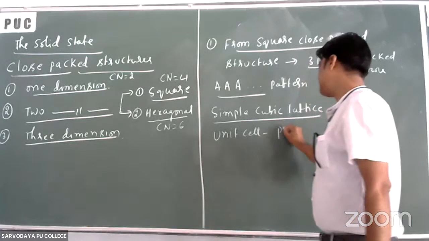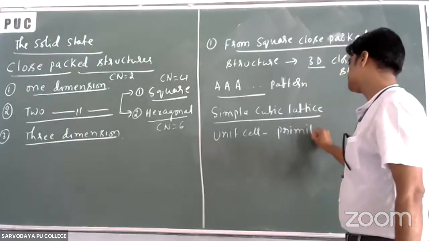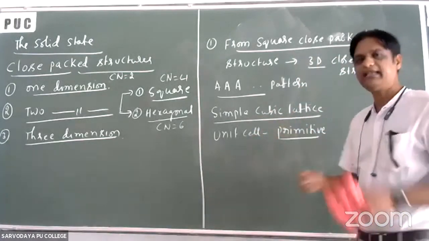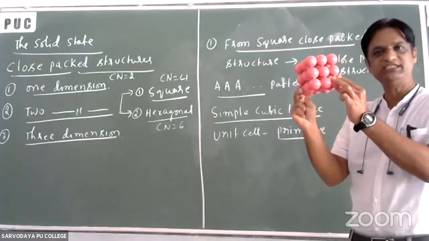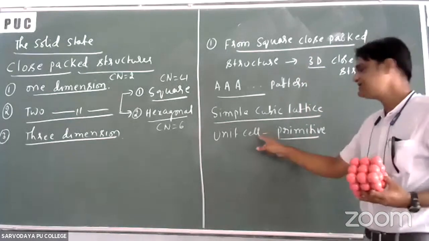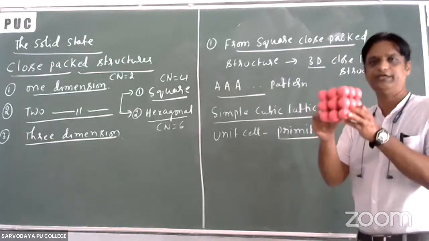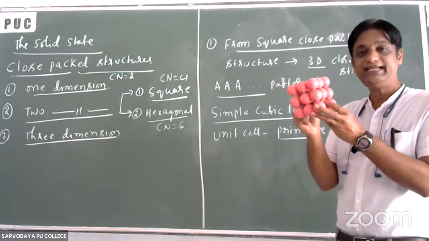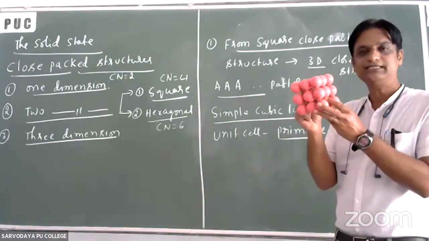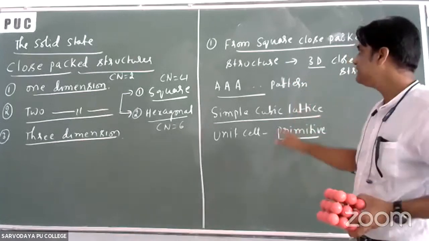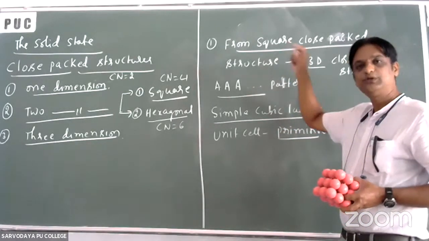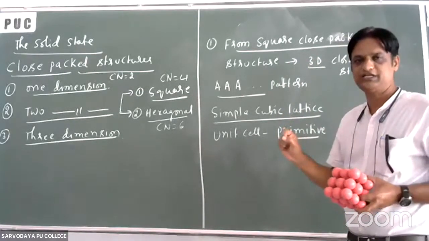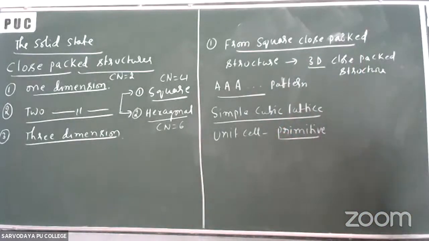it is primitive. So in simple cubic lattice, that is the three-dimensional arrangement, the unit cell is a primitive unit cell. So this is one example of a three-dimensional close packed structure, which is obtained from a two-dimensional close packed structure. Okay. Similarly,